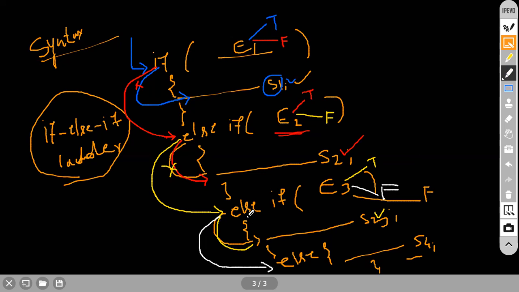If you want, you can create more if else, if else, if else, like that. You can create them, but I don't want to drag further. I wanted to end up here. That's why it will go to the else part. Whatever statement is in this particular else body will be executed. Here we have S4. This will be executed. This is the complete detailed information about the if, else if ladder.